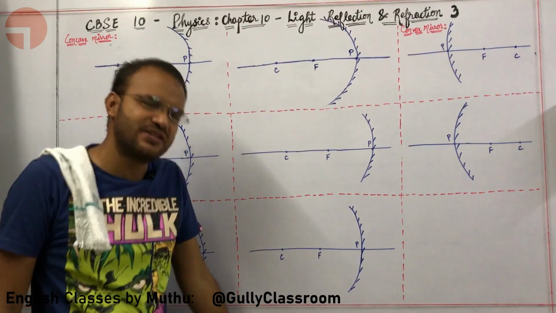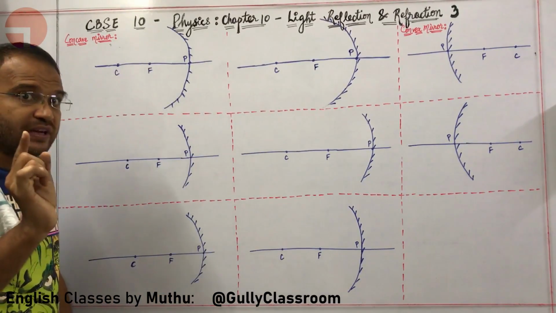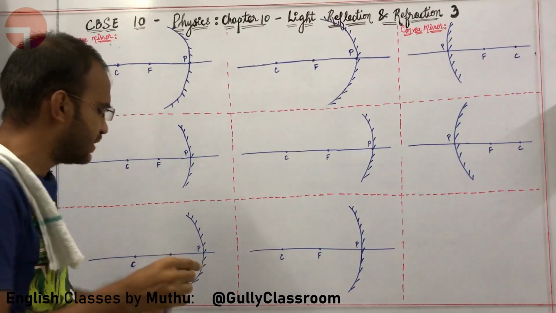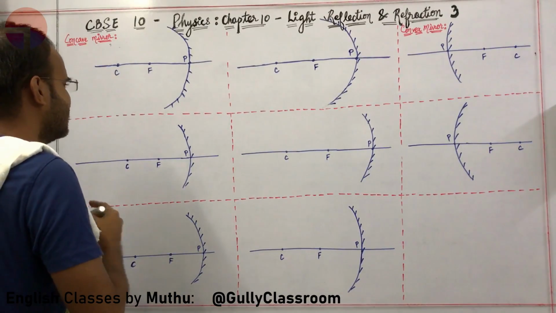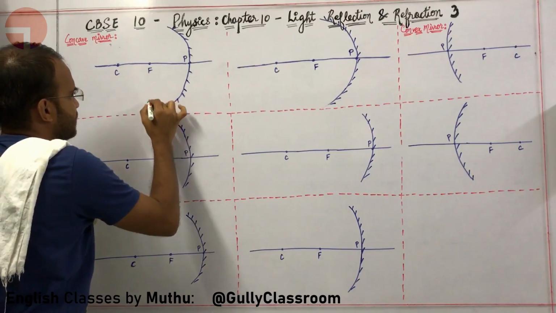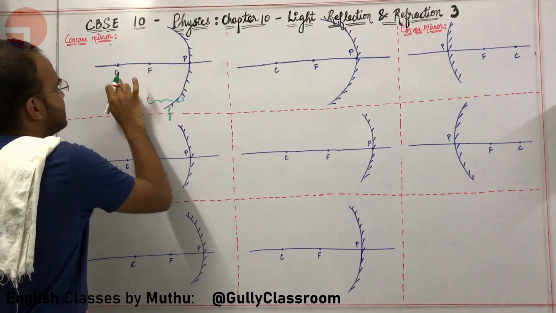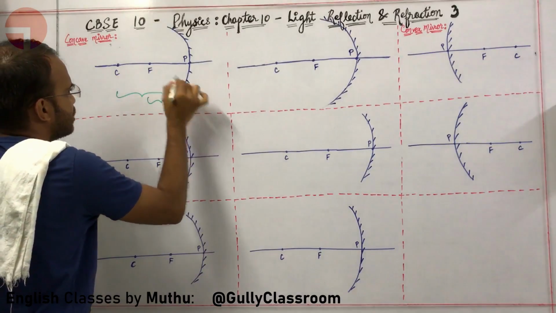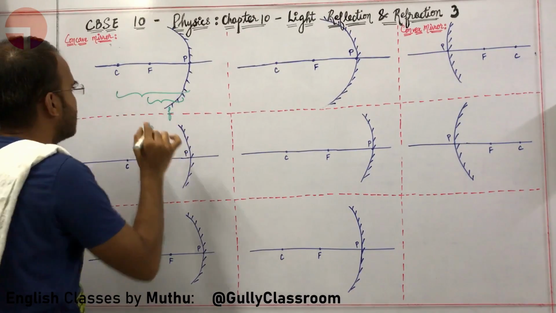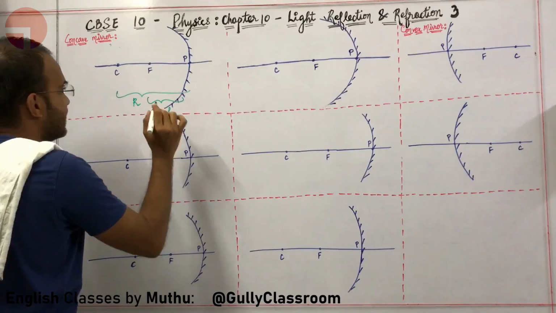Can we get to this lecture? Absolutely sir. Before we get to this lecture, you need to understand a very important thing. What, sir? The distance between F and P is called the focal length. The distance between C and P, the center of curvature and P, is called the radius of curvature.